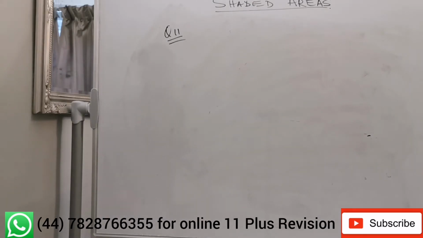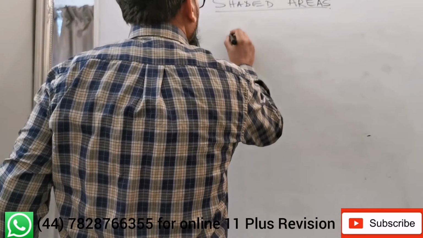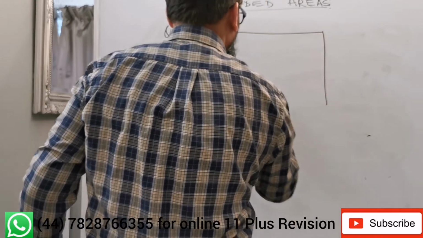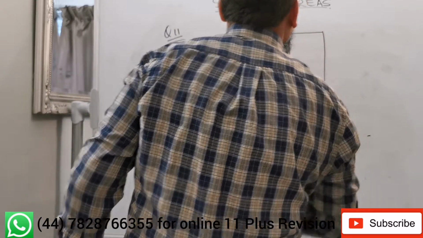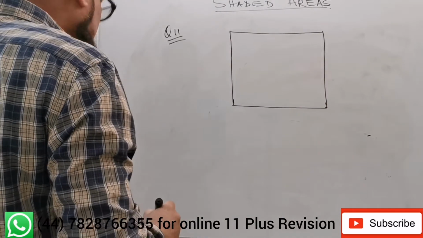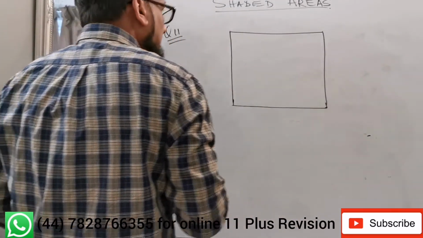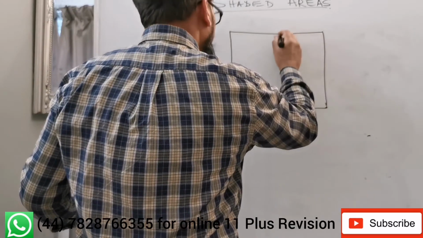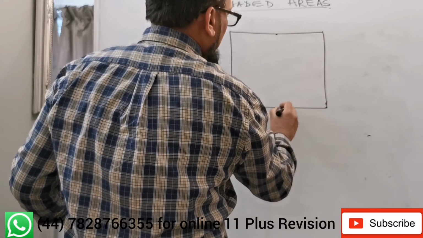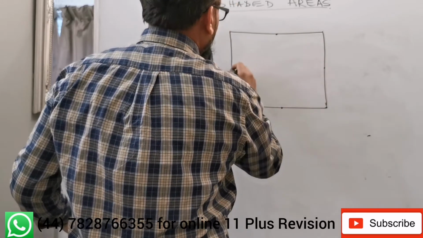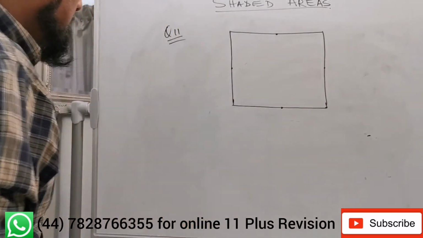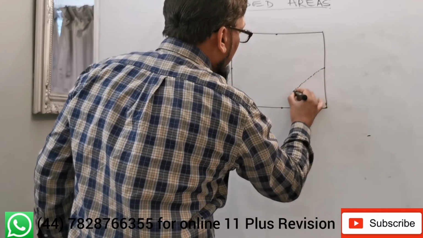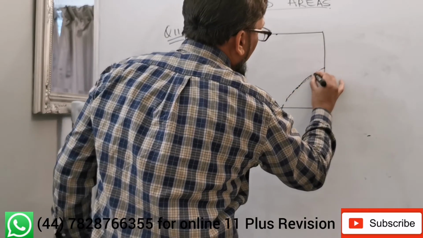So what we do, just make a square, the same square. Now, this point, this point, this point, and this point. If I do this time a semicircle,